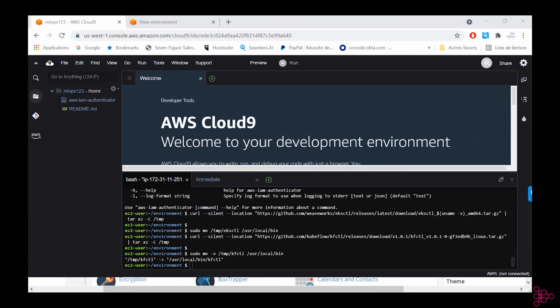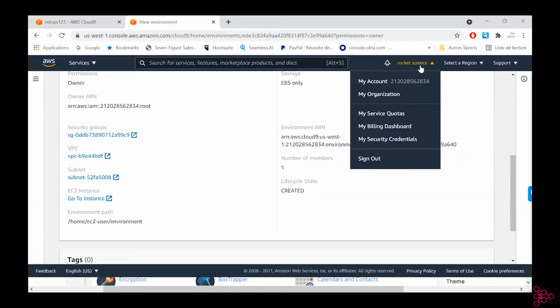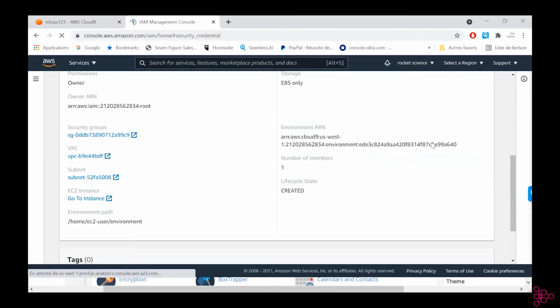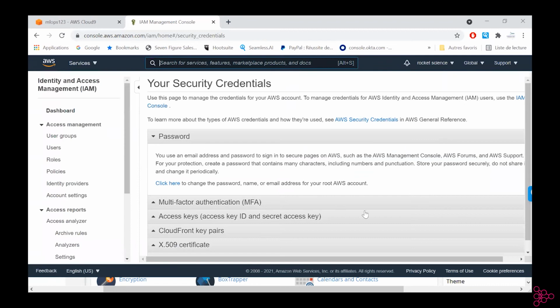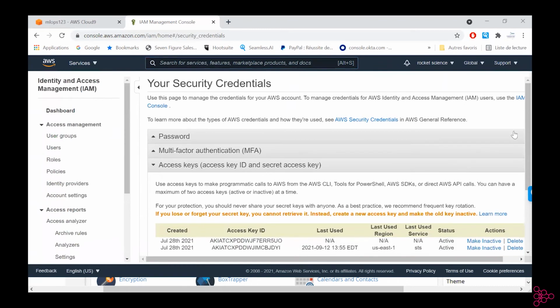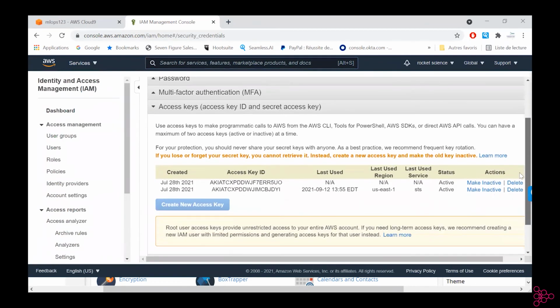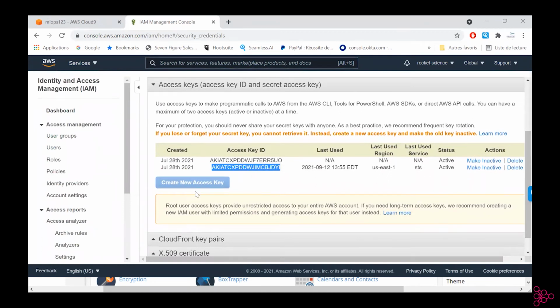To do so, we need basically to have an access key. To have an access key, you would have to go to My Security Credentials, go to access key here. And here, like you can see, I already have created one, but you could click on create new access key.